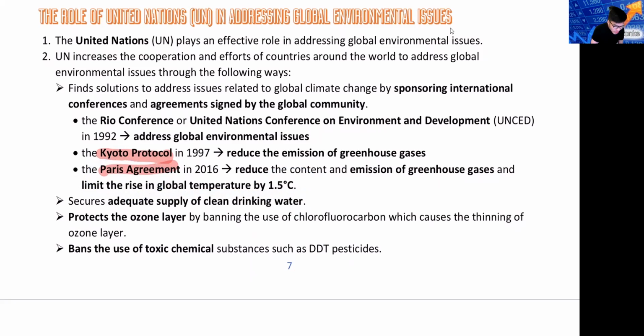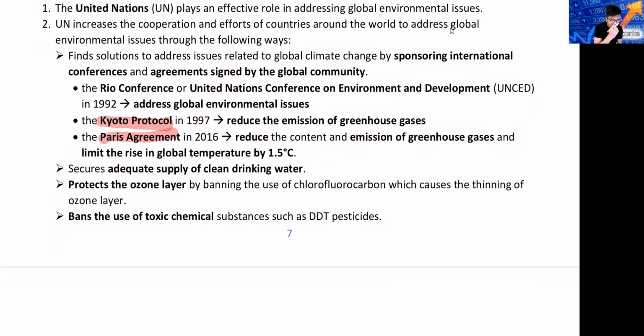Okay, anyway, so we also try to protect the ozone layer. Okay, try to limit CFC. I'm sure you know this already lah. CFC is currently banned. You're not allowed to use CFC anymore. Okay, and of course we banned toxic chemical like DDT. DDT was used to kill mosquito back in the 1980s. This thing is banned because this thing is very bad for the environment.